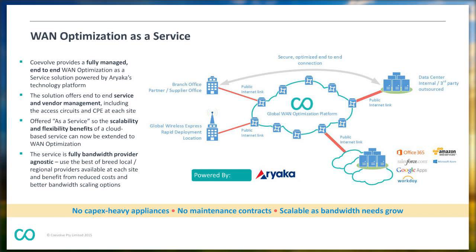So we end up with a solution that has no capex involved, a minimal amount of setup fees, but certainly no traditional capex as you would see for an appliance-based solution. And again, none of the annual maintenance contracts that you see associated with those appliances. You're purely paying for a per meg per month service, depending on how much optimized traffic you want across this network. And it's very scalable, which is another key limitation of an appliance-based solution, where there are many different breakpoints for bandwidth levels where you need to change out the appliance.